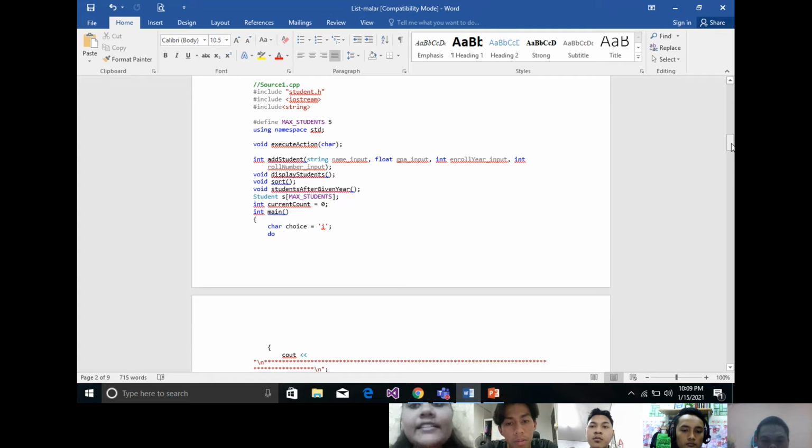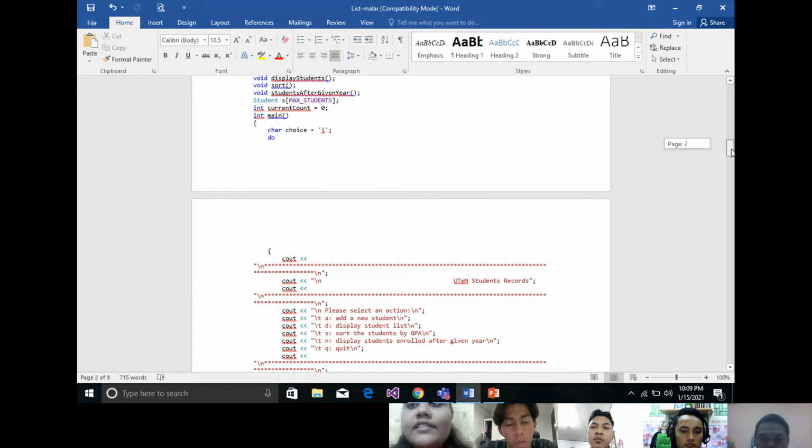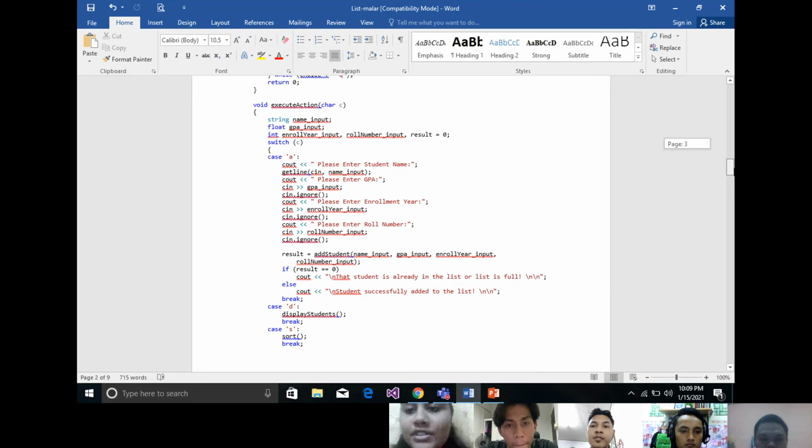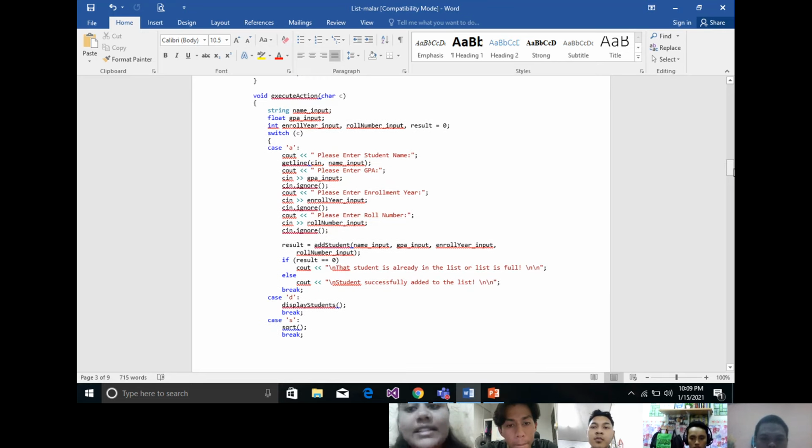We have to read the function case by case. For add student, we input student details from the user. After adding the students to the list, we display the list. After displaying, the list will be sorted according to GPA in descending order. After that, we find and display the newer student.